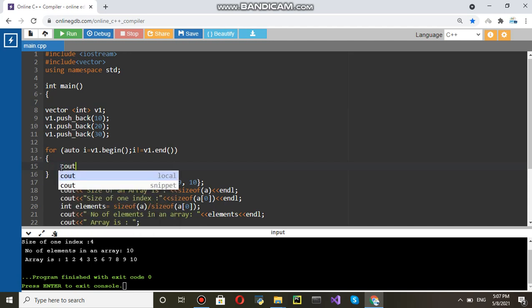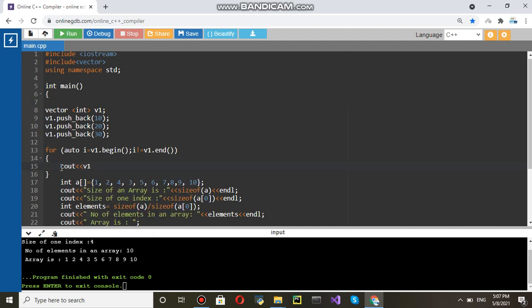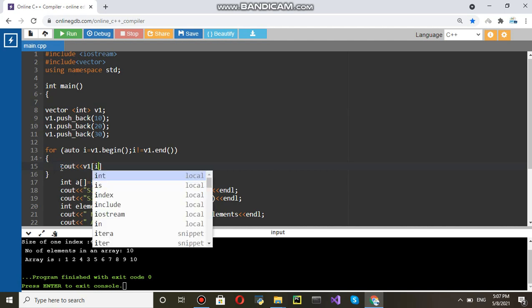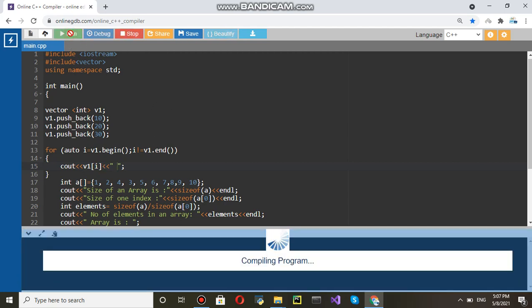So cout, and then v1 and then i and then like that. Give some space. Yes, one space is there. Now run this program. Let's see.